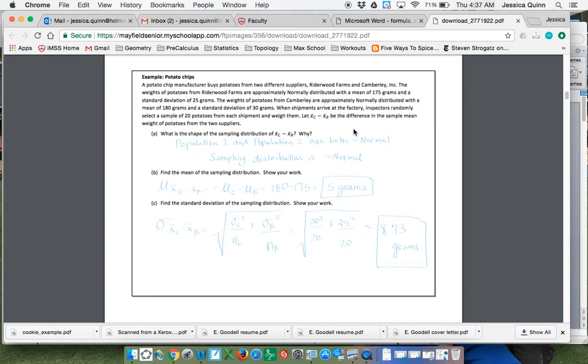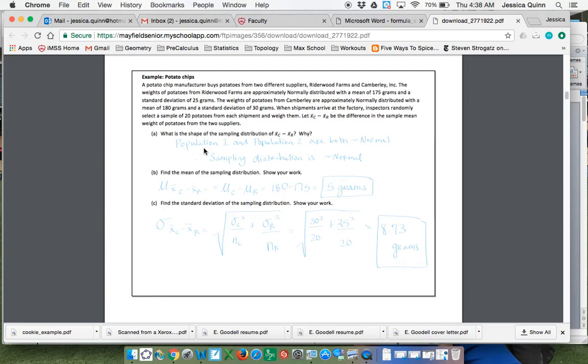So let's let x bar C minus x bar R be the difference in the sample mean weight of the two suppliers. The sampling distribution we know would be approximately normal because it mentions in the paragraph that both of the populations are approximately normal, so that takes care of that. The mean of the sampling distribution, so what that means is anytime I pull 20 potatoes of Camberley potatoes and 20